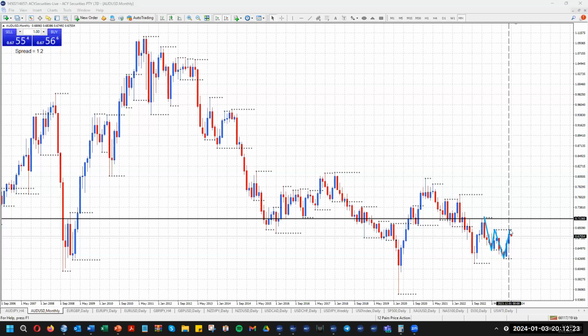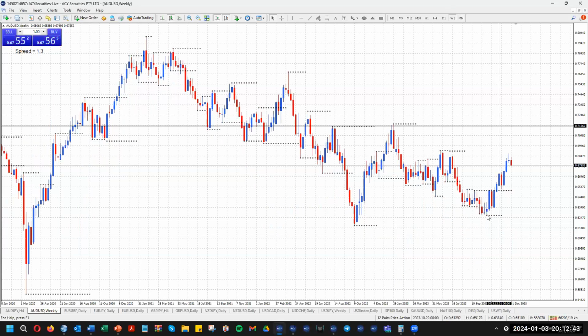Maybe it's going to form a double top. Maybe it's going to stall where it stalled to continue the trend on the monthly chart down. But we've been having a rally against the overall trend, against the monthly structure there. And the weekly trend actually turned up. But in the early part of the month,